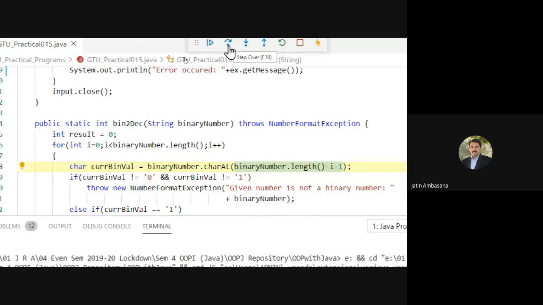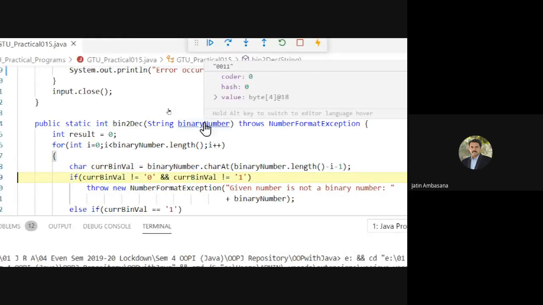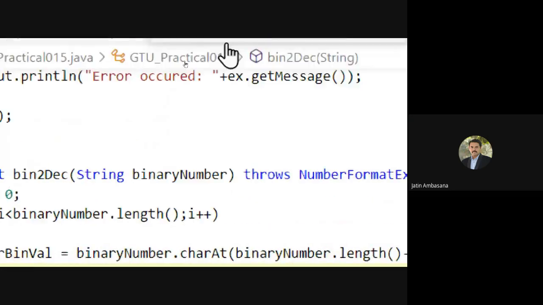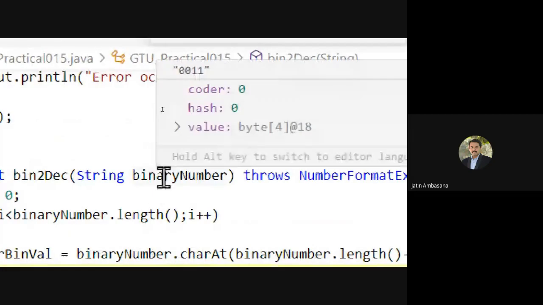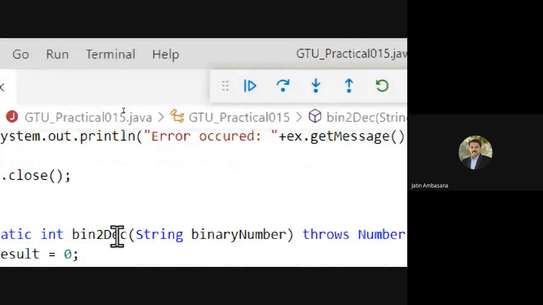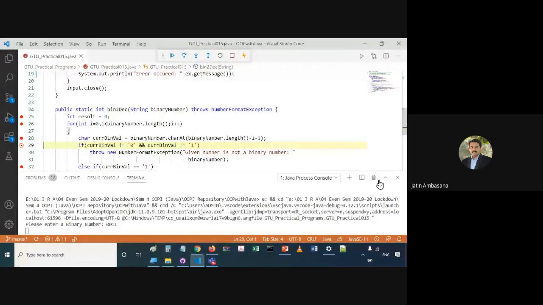So as soon as I say step over, see the binary number is 0011. Remember this thing. Binary number is what? 0011. That is the string. And what is the first bin value we have got? 1. You can see 1 has been there. Right. Now, as soon as we get 1,